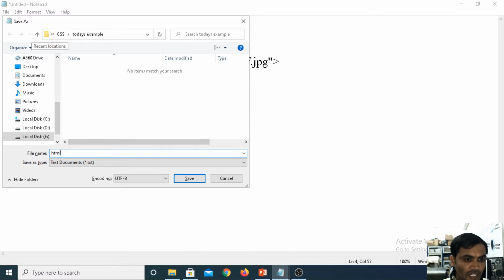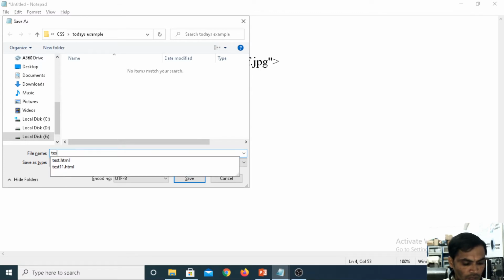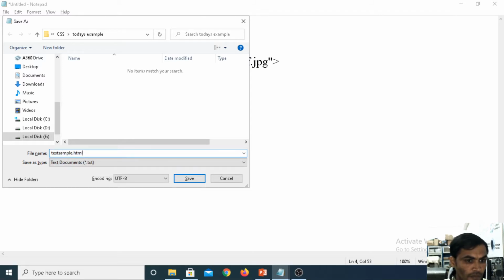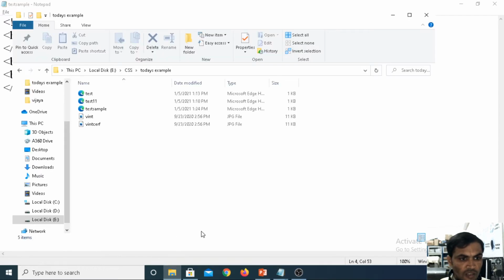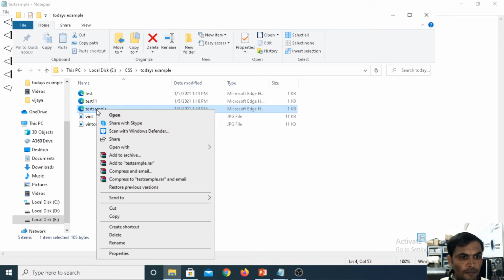Now I am saving the file with .html only. We are not using any CSS in this example. I am saving it as test sample.html under the E directory, in the CSS folder, today's example. When you open the test sample file in any browser, we get multiple images on the screen.